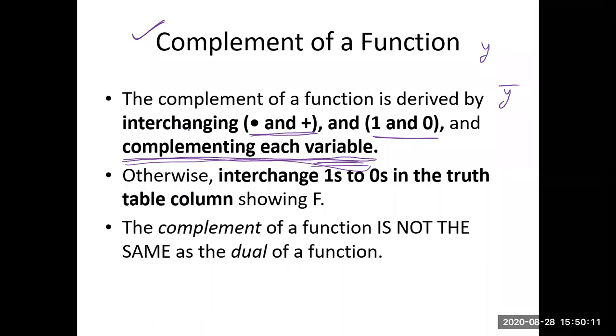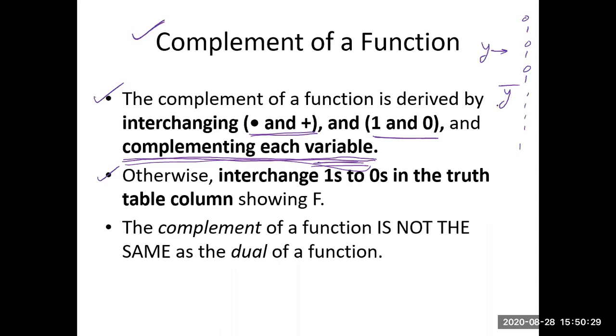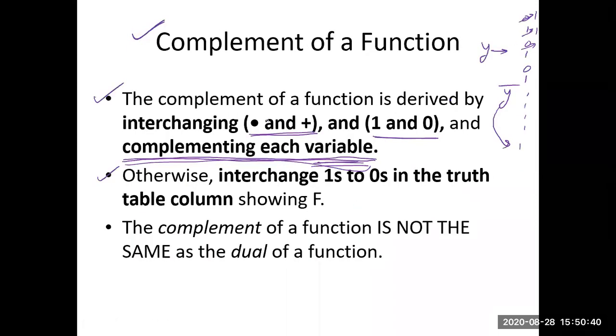In this way we can define the complement. Another way is, whenever you are writing a truth table, you can just replace 1 with 0 and 0 with 1. Suppose in this truth table you are getting 0 1 0 1 0 1. If you want to write the truth table for the complement, in place of 0 you need to write 1, and in place of 1 you need to write 0. In this way you need to write all the numbers.